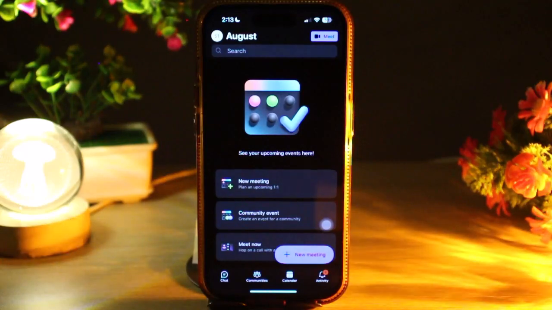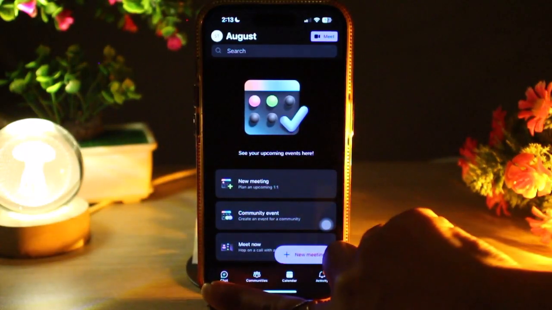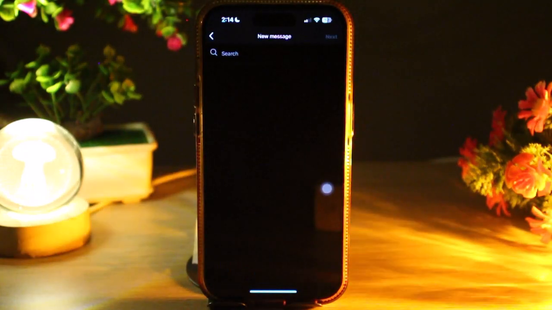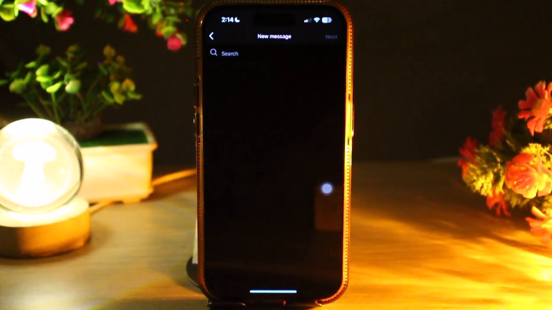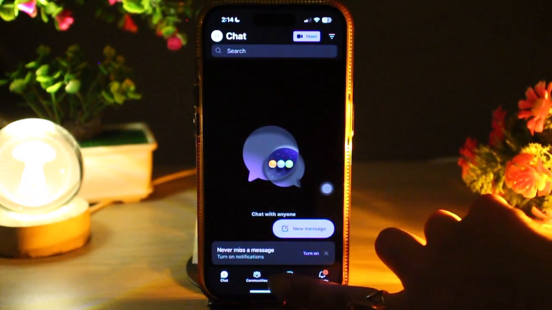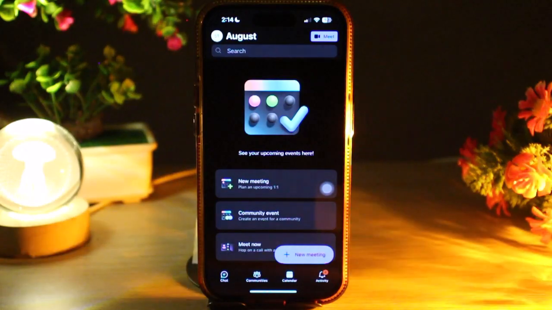Now to start a conversation, tap on the Chat tab at the bottom of your page. So tap on that, then tap on New Message, and then type your message, then add files, GIFs, or emojis. To join or start a meeting, tap on the calendar icon to see scheduled meetings, or click Meet Now to